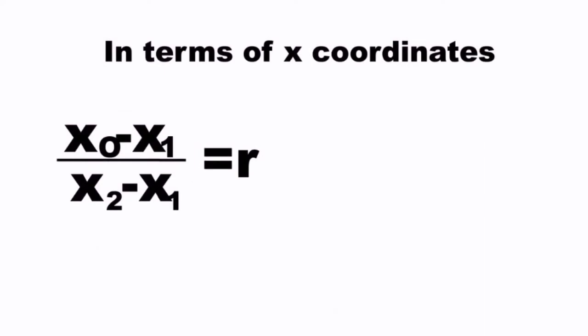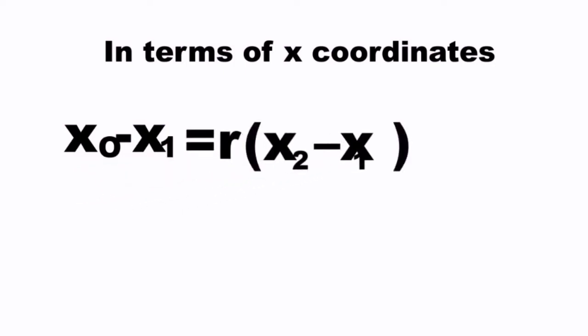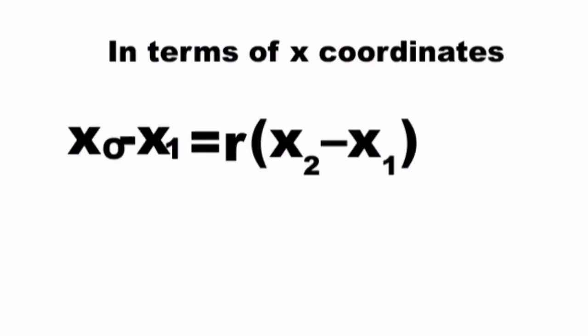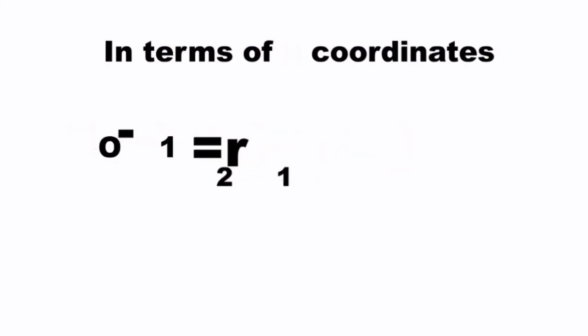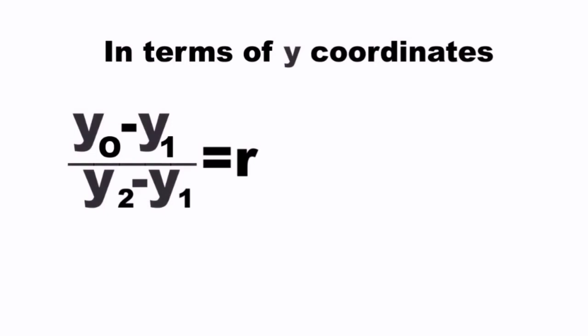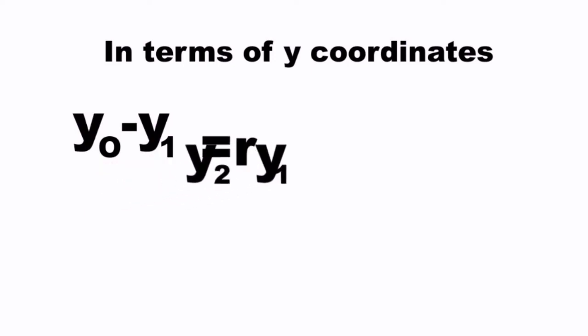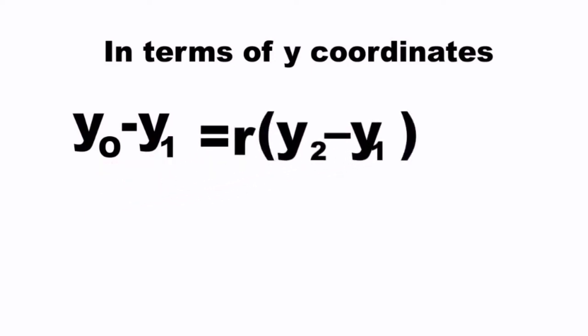In terms of x coordinates, we have x sub O minus x sub 1 over x sub 2 minus x sub 1 equals R. Simplifying, we have x sub O minus x sub 1 is equal to R times x sub 2 minus x sub 1. In terms of y, we have y sub O minus y sub 1 over y sub 2 minus y sub 1 is equal to R. Simplifying, we have y sub O minus y sub 1 is equal to R times y sub 2 minus y